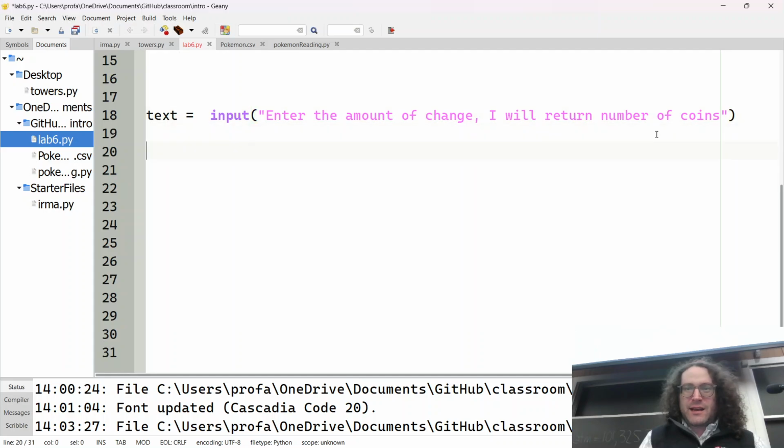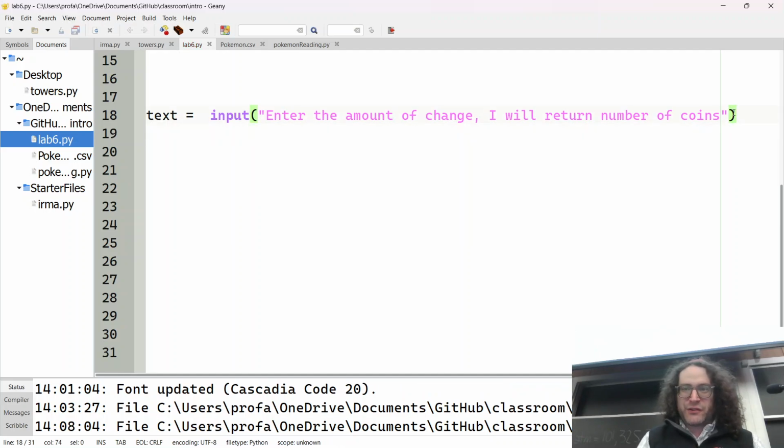And it's not just because I'm using that big of a font. It's literally number of characters, which can be useful. So enter amount of change. I'll return the number of coins, and then we'll take that text, and I'll ask myself, while is float